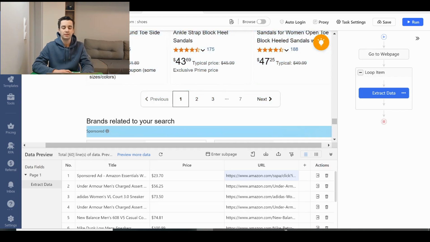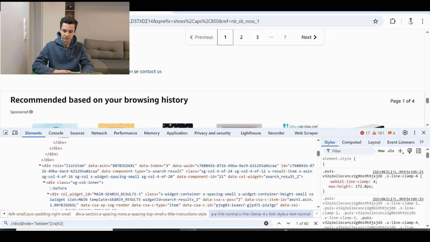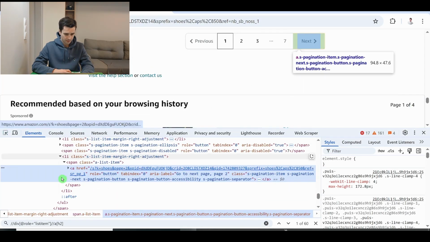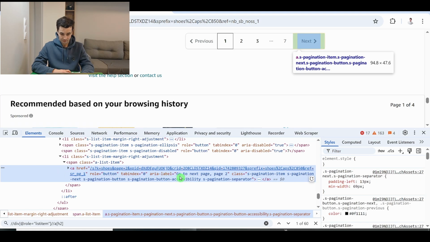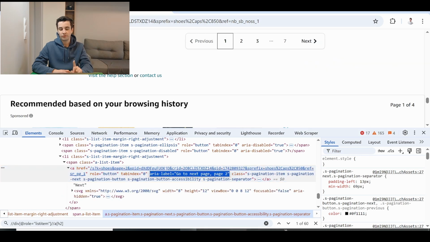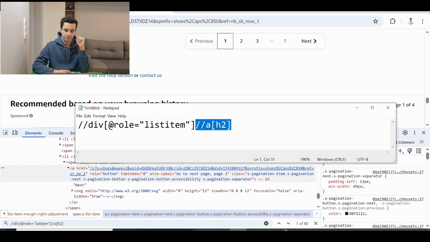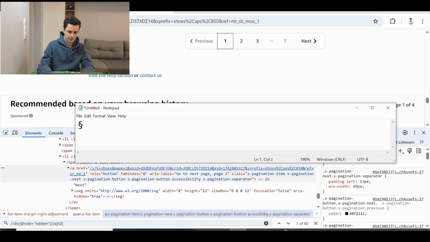only 60, right? And let's create it from scratch. I select the next page button. Let's see if we can find something specific. We have an area label, go to next page, page 2. Okay, so I think the XPath regarding the pagination might be the following: //a, area label, go to next page,